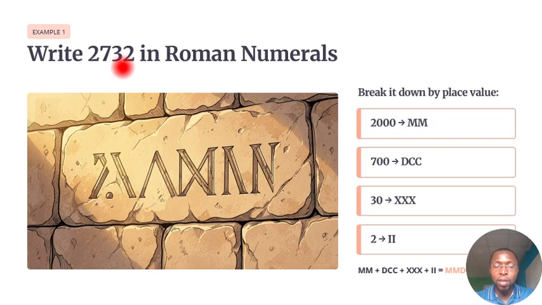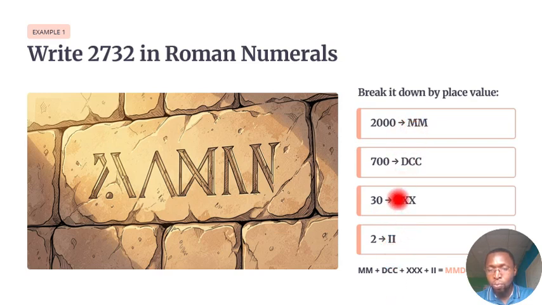The 3 in its place value is 30. The 2 is 2 units. So having broken them down into their place values, 2000 in Roman numeral is MM. 700 in Roman numeral is DCC, that's 500 plus 100 plus 100. 30 in Roman numeral is XXX, and 2 is II. So combining these 3 together,